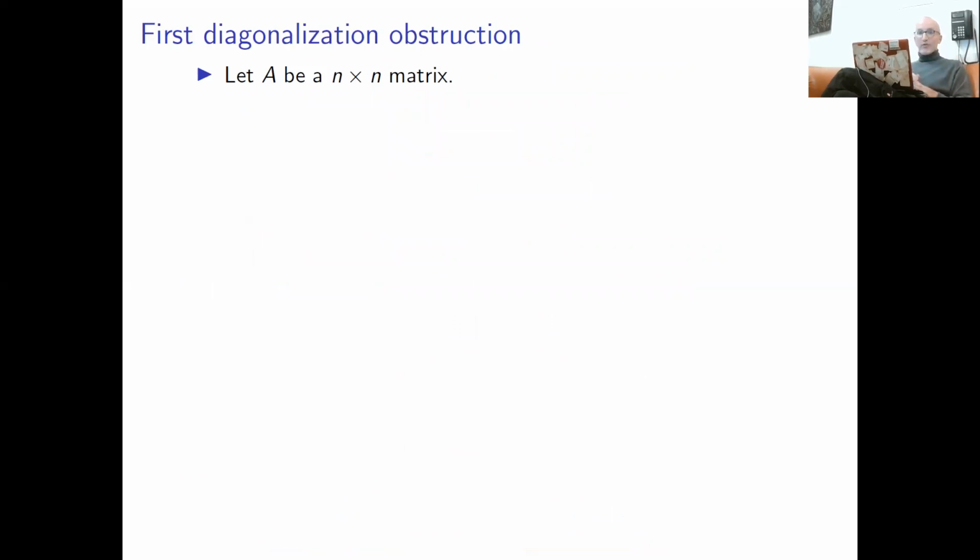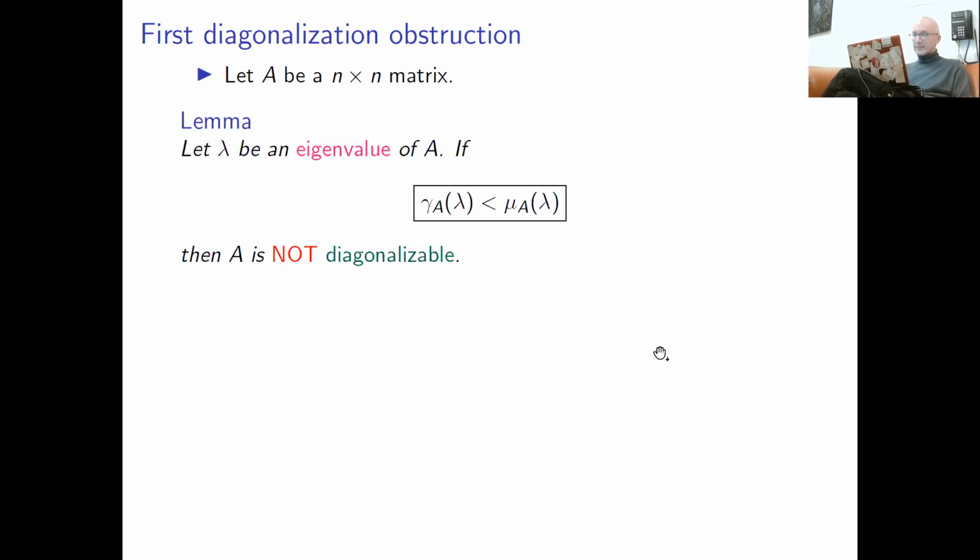This criterion for matrices and for linear operations is often used only in one direction, to prove that something is not diagonalizable. If you feel or know that the matrix you consider is not diagonalizable, you don't need to check all conditions of this criterion. You just need to check that only one condition fails. And this gives you what is called an obstruction for diagonalization.